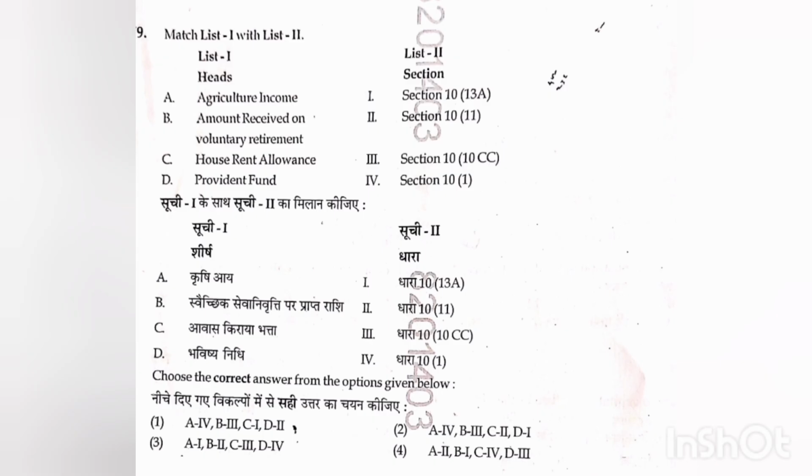This question is related with the exemption, and exemption chapter is most important for the UGC NET exam because every year you notice that question from this particular topic has been asked for the last so many attempts. So here the answer is option number 1, whereas agriculture income is related with section 10 subsection 1, and